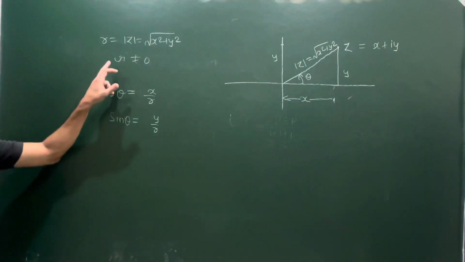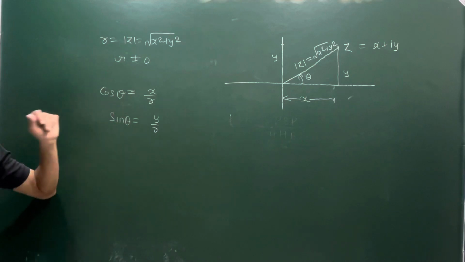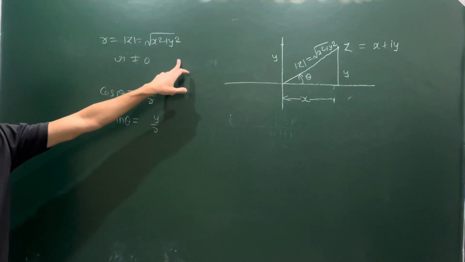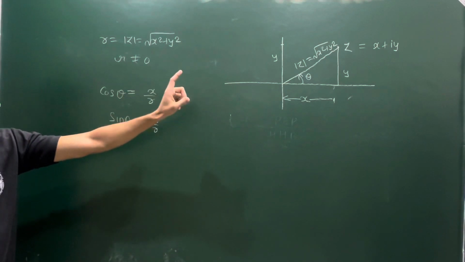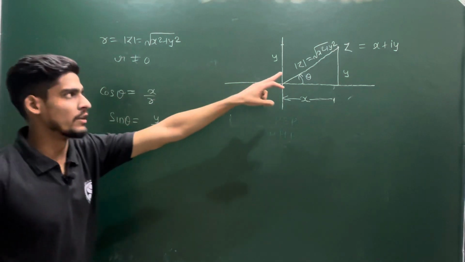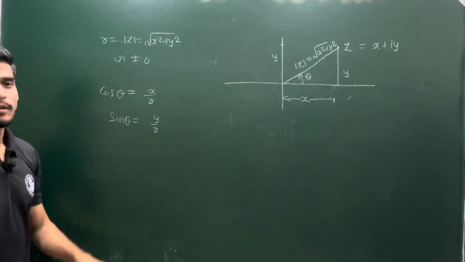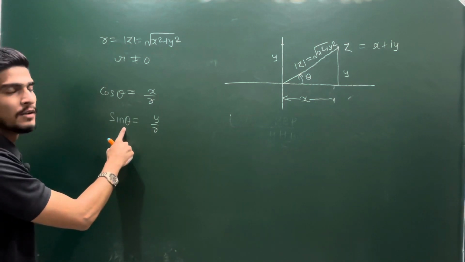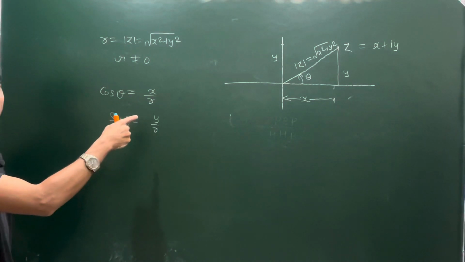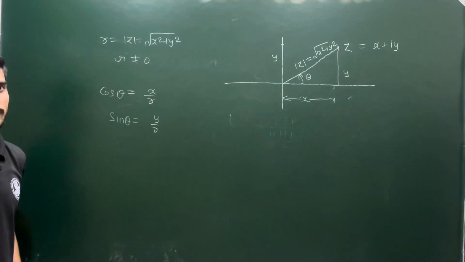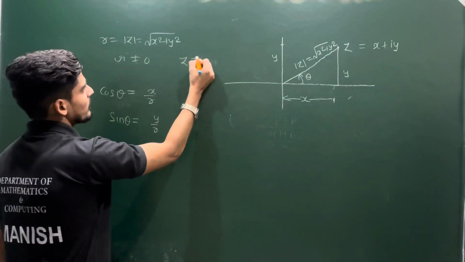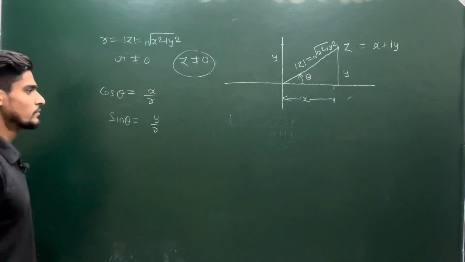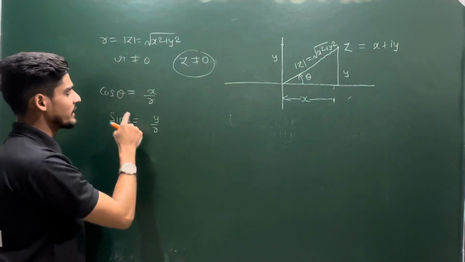Now you observe, if you choose r to be 0, you cannot define this cos theta. That is why we need the complex number to be a non-zero complex number. If you take a zero complex number, you cannot define this representation in trigonometric form. You set x equal to r cos theta, y equal to r sin theta, but before that you need cos theta to be x by r. If r is 0, cos theta will not be defined. So that is why we need z to be a non-zero complex number. Then you set x to be r cos theta and y to be r sin theta.